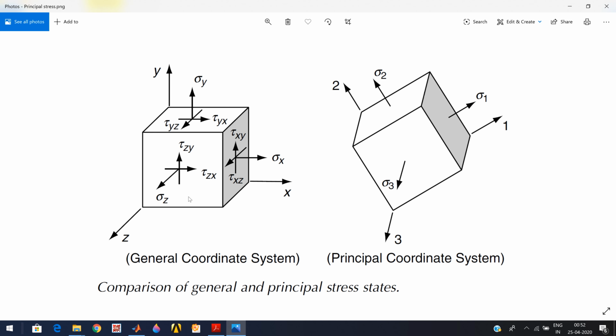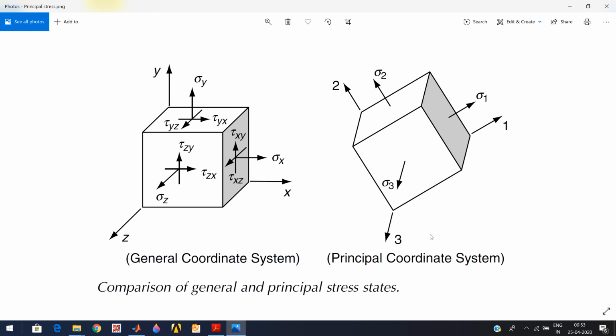But if we change the coordinate system or rotate this coordinate system suitably and align that basis system to the principal direction system, then we'll see that the representation of the stress components will be simplified. There won't be any shear stress components. We'll have only normal stress components, sigma 1, sigma 2, sigma 3. So this is what is shown in this